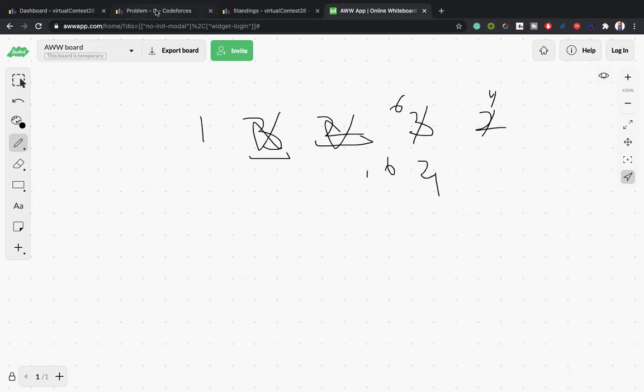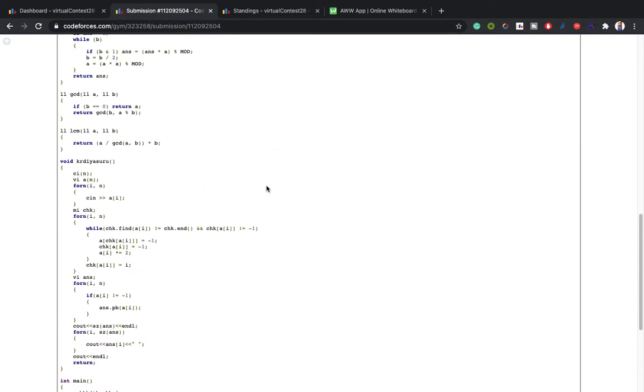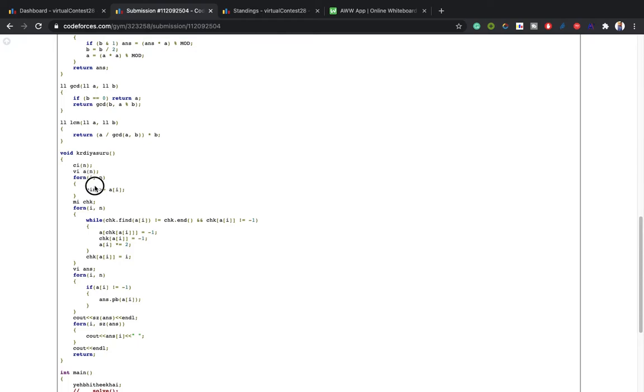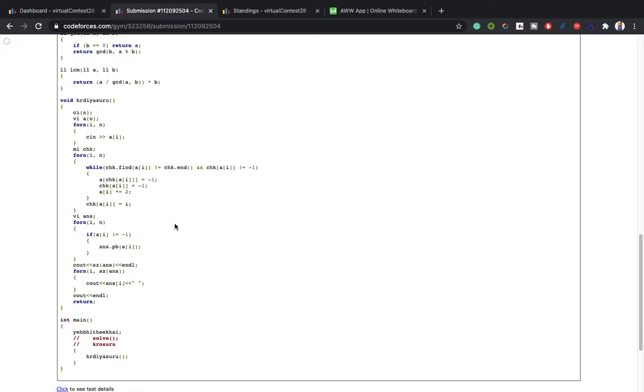So let's check the implementation first, how I implemented this. Yeah, this is what comes to mind, just implement it. So here I take the inputs and I take a map, named checked. Initially the map is empty, no elements, so until the first occurrence this loop will not run, because here I am finding another occurrence of a of I. So initially we are storing the a of I index of the current element in the map.